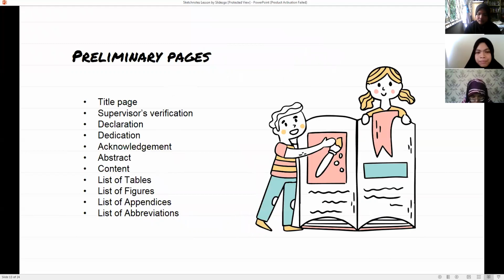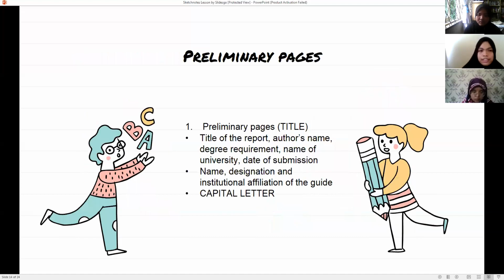Preliminary pages include the title page, supervisor's verification, declaration, dedication, acknowledgement, abstract, content, list of tables, figures, appendices, and abbreviations. Let's take a look at these one by one.